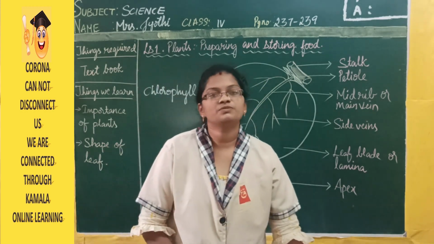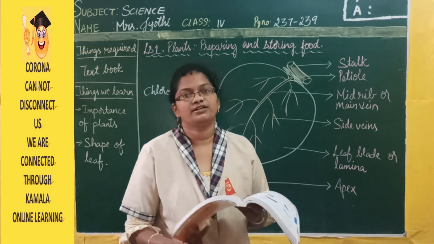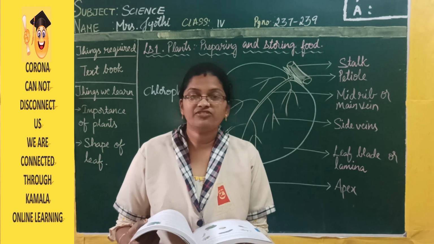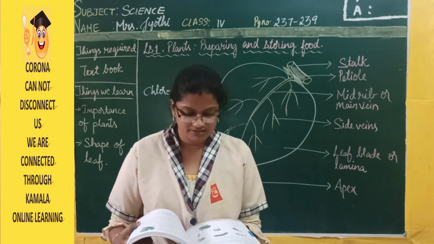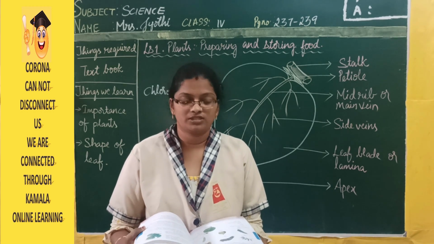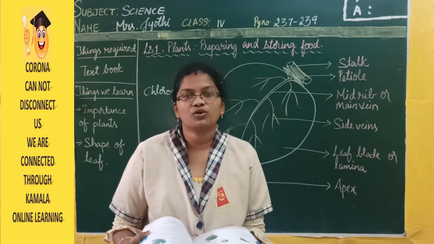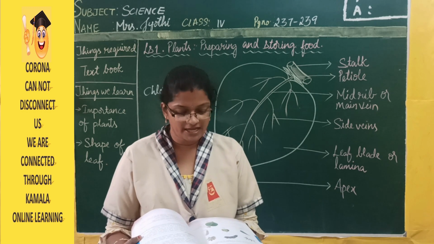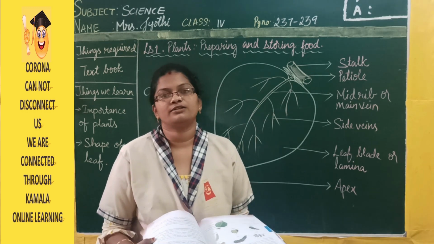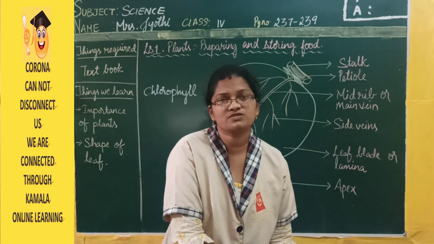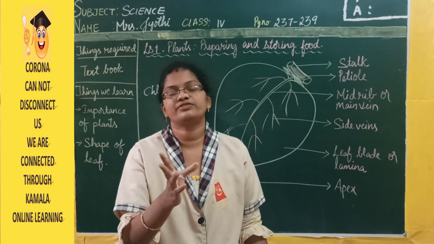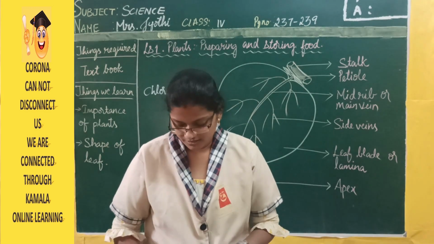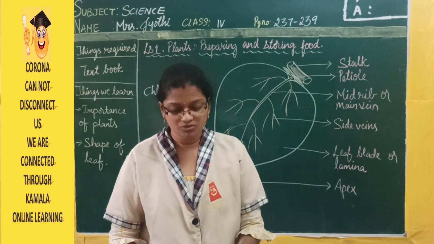So now in the textbook he has given different leaves for you. The first one is neem and the second one is pine. Then next comes the croton. Then coconut. The next one is peepal. And the last one is gulmohar. So if you look into the textbook also, all the leaves which they are showing are of different shape and color. Now here I am also going to show you some leaves.